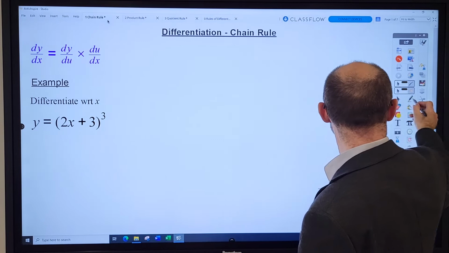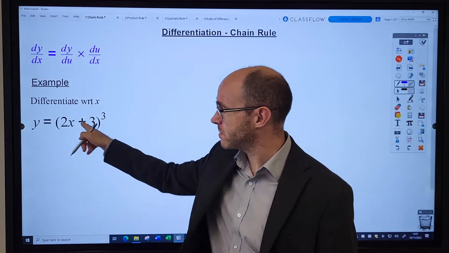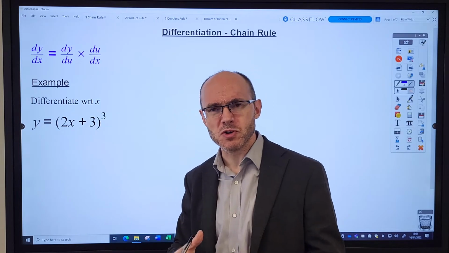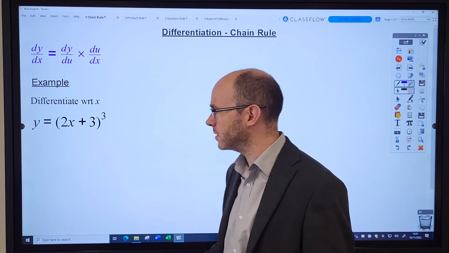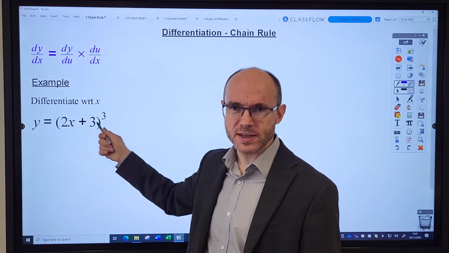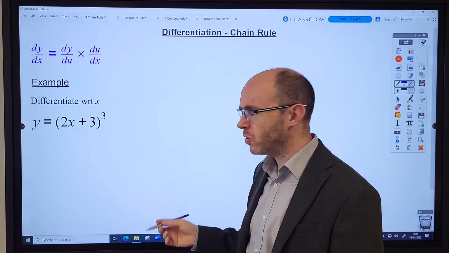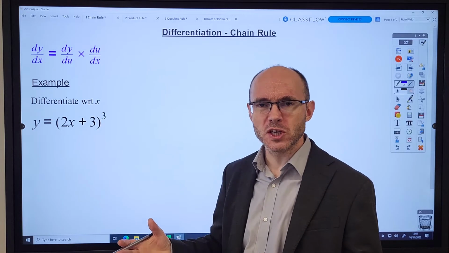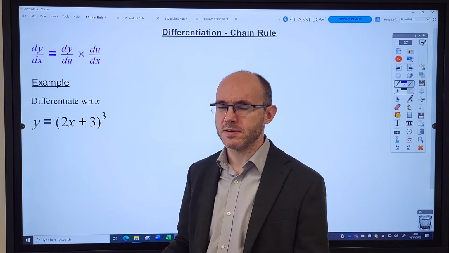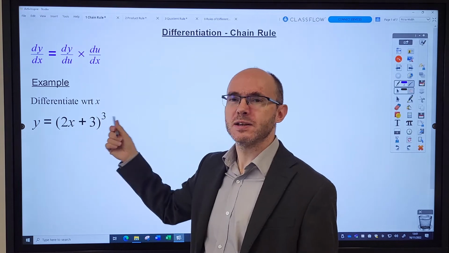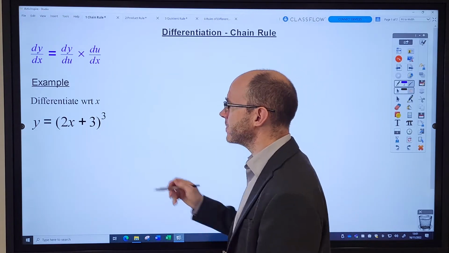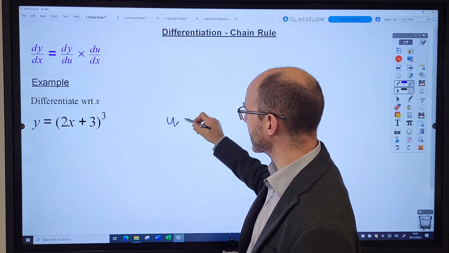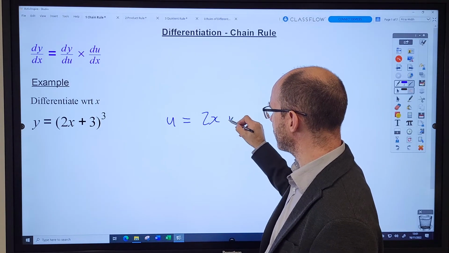Now why do we use the chain rule? It's really to make it an easier question. That's what the rules are for, to try and break down a particular expression to make it easier to differentiate. And when we first glance at this, when you've not seen the chain rule before, you notice that it's the brackets that's making it rather difficult. If it was something cubed, like x cubed, it'd be easy to differentiate. But because it's something a bit more complex than that, we're going to use a rule to make it easier. And what we're going to do is let the interior of the brackets